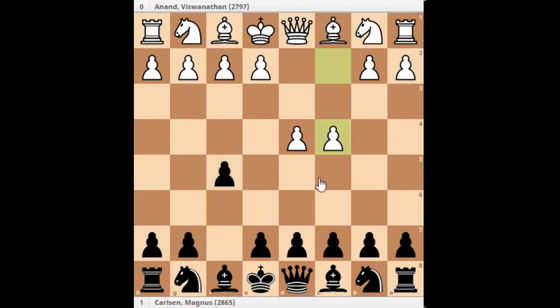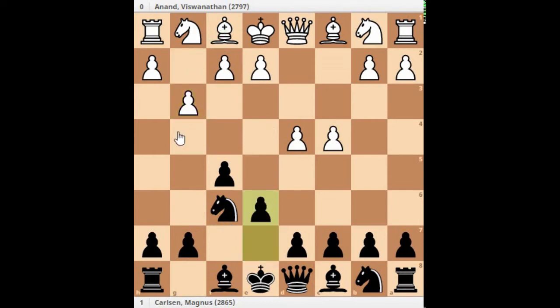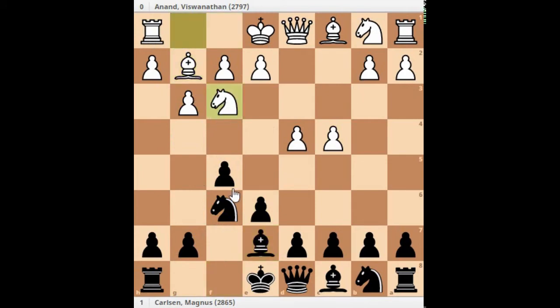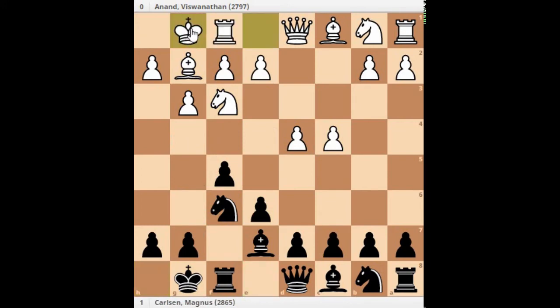Here, if you play with c4, then black's response would be knight to f6, then g3. So of course white wants to develop the light square bishop on g2. Here e6, and then bishop to g2, now bishop to e7, now knight to f3, and then both players castle. So friends, now you can play with d6. So that's a classical Dutch.